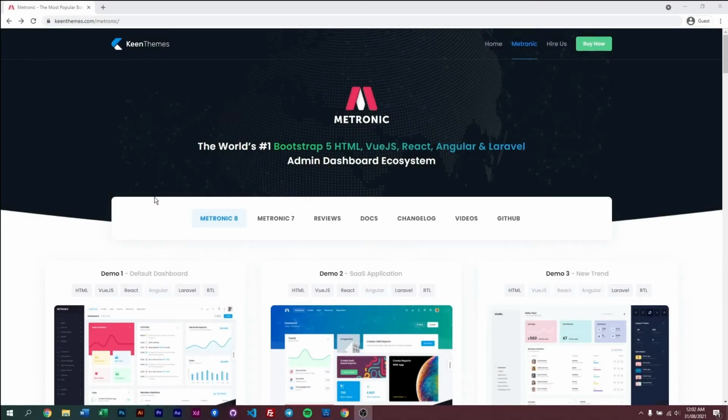Hello everyone, today we'll be talking about Metronic 8's Gulp build and how you can customize which plugins you want to deploy to your assets or to your project. So first, of course, we need to get the latest version of Metronic. To do that, we can just go to our official website, KeenThemes.com/Metronic, and click on the Buy